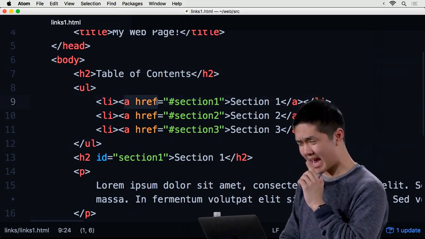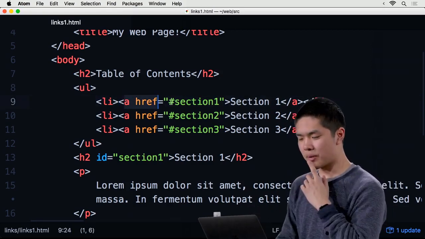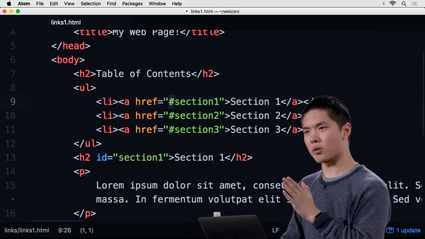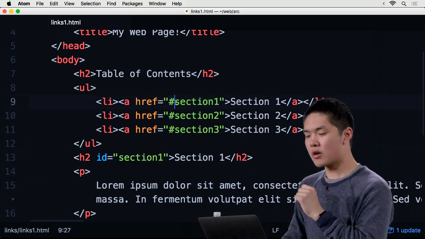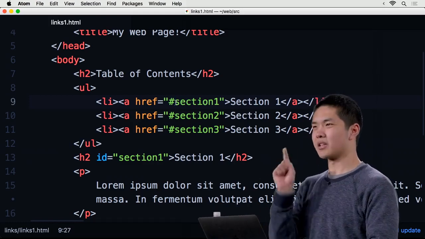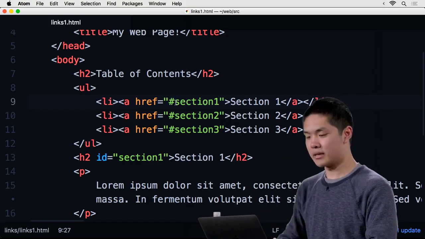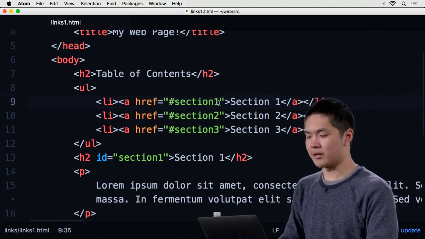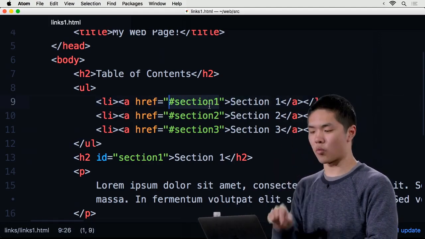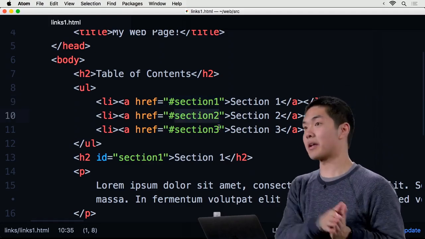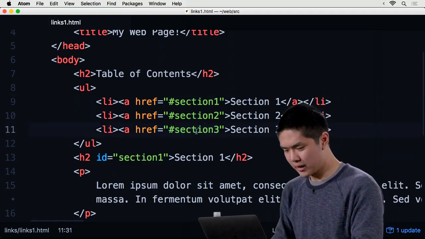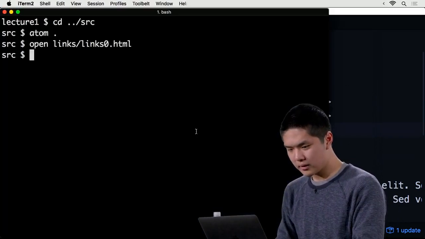And each one of these list elements is itself a link. We have that same a href syntax in that tag. But the link, instead of being a .html file, starts with this pound symbol, where the pound symbol just means rather than link to an individual page, link to something with a specific ID. In particular, here, by clicking on the section1 link, this means link to whatever has ID section1. And this means link to whatever has ID section2, and this means link to whatever has ID section3, such that now, if I open